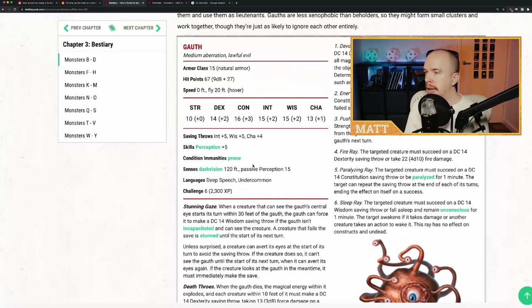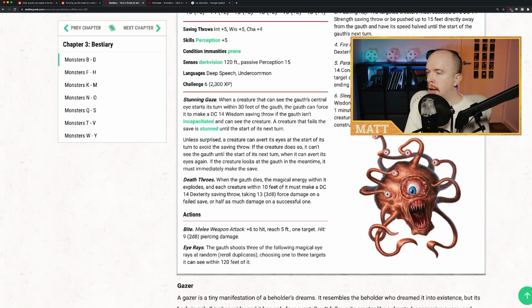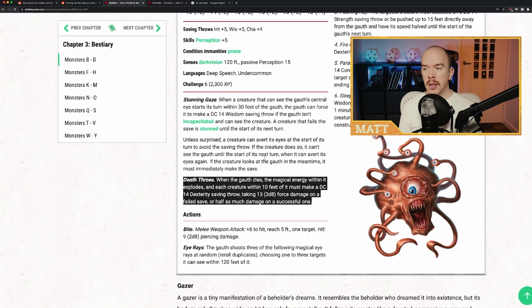We're going to check him. Now, he's a bit of a bigger boy, right? But he has a special ability of death throes. Now, generally, I don't like abilities like this. Let me see what it does. So when it dies, the magical energy within it explodes and all the creatures around it take a bunch of damage, okay? I don't generally like explode on death mechanics, but what you could do is say, hey, maybe with